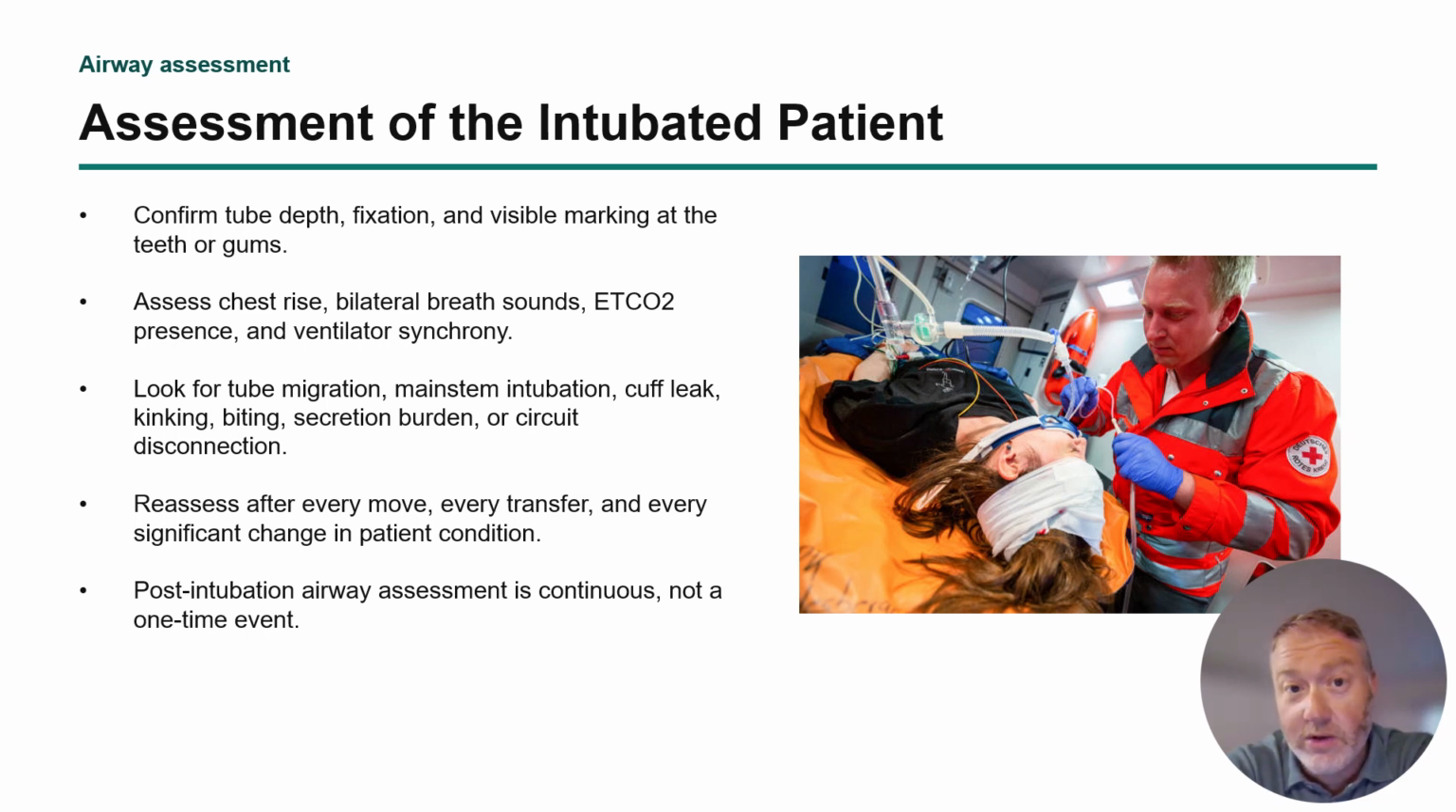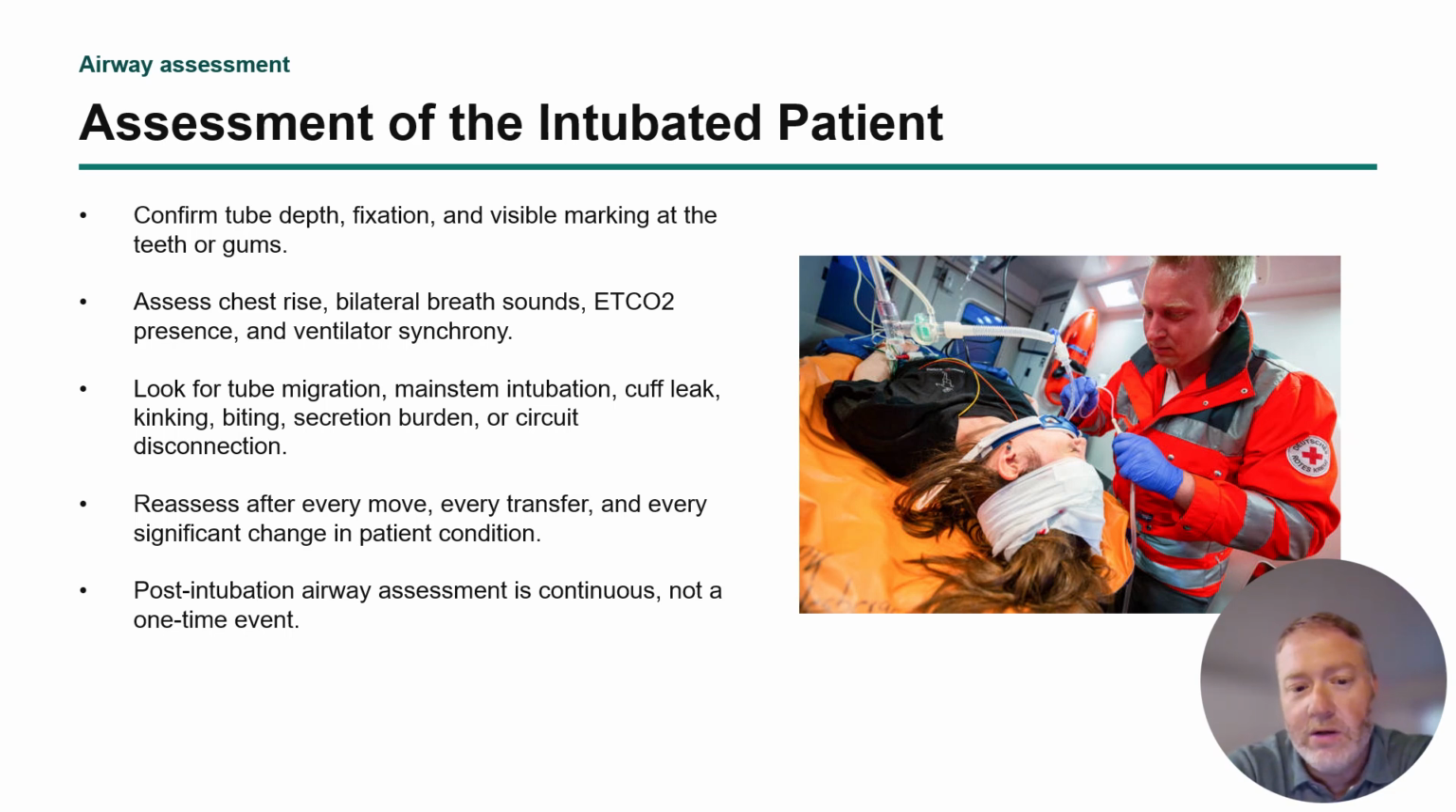So knowing that an adult male tube depth should be somewhere in the ballpark of 21 to 23 centimeters at the teeth. Adult female 19 to 21 centimeters at the teeth, roughly as a general rule. The fixation, the visible marking at the teeth or gums, assessing chest rise, of course, confirming that you're in the right spot by noting bilateral breath sounds, confirming as well with the end-tidal CO2 detector or capnograph, and then once